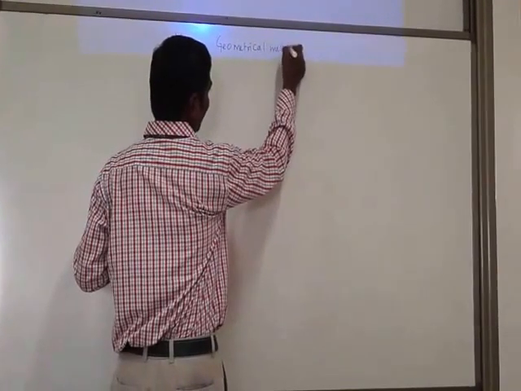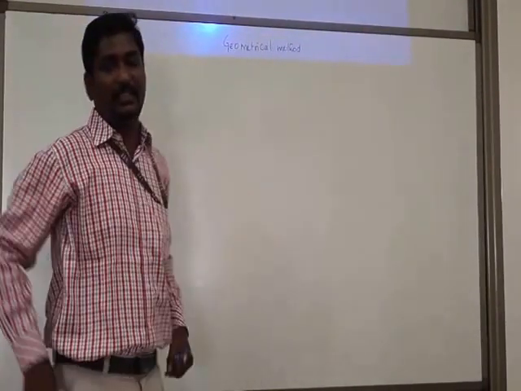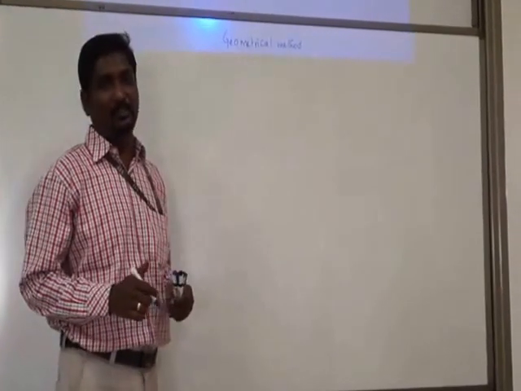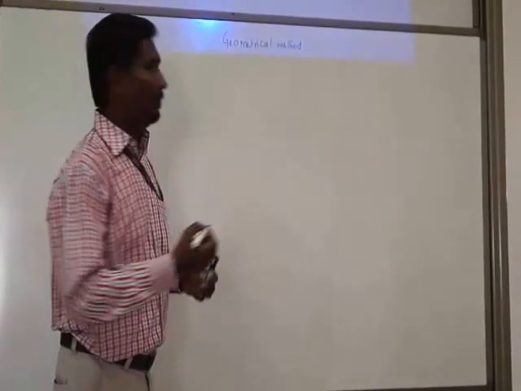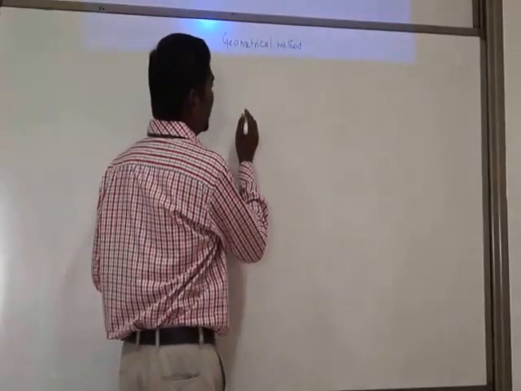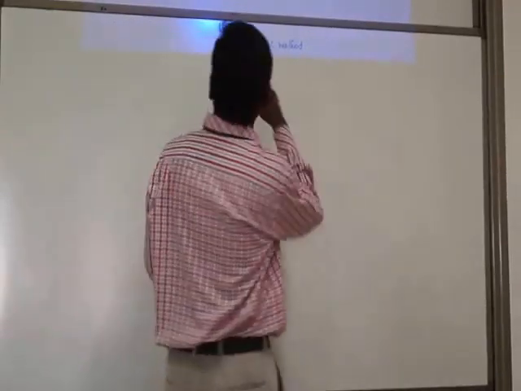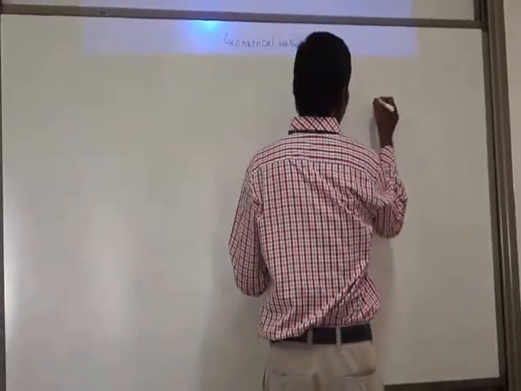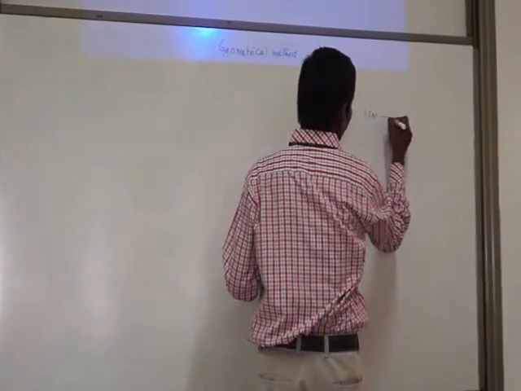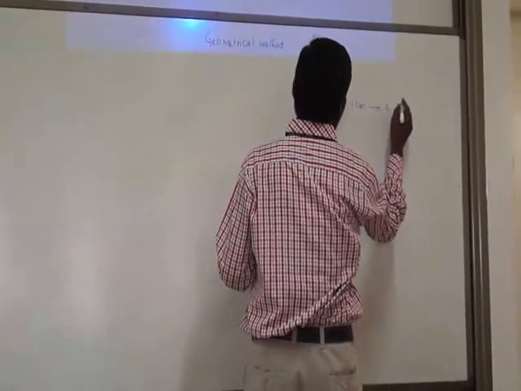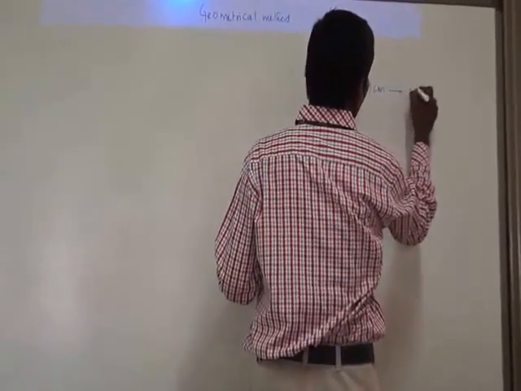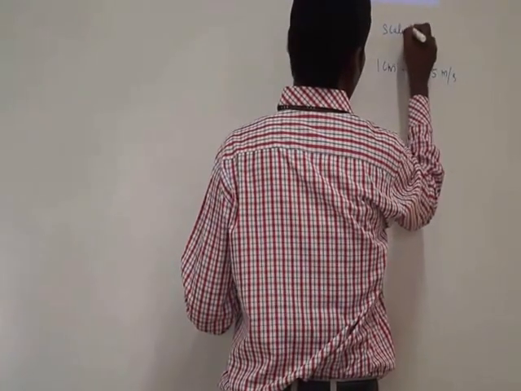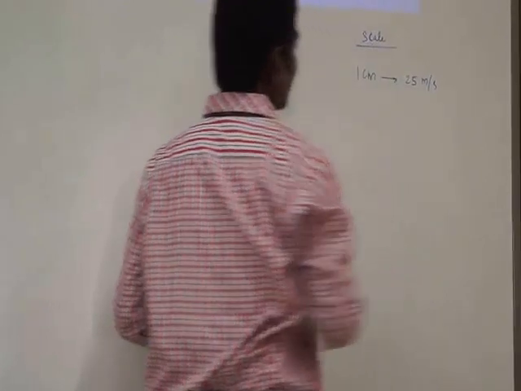We are going to draw the velocity triangles for the first stage of the moving blade and for the second stage of the moving blade. Let us start with the first stage. What is the normal procedure? Initially you have to take a suitable scale. The velocity of the blade is 125 meter per second. You can consider 1 centimeter refers to 25 meter per second, because it is the scale which we are going to adopt.